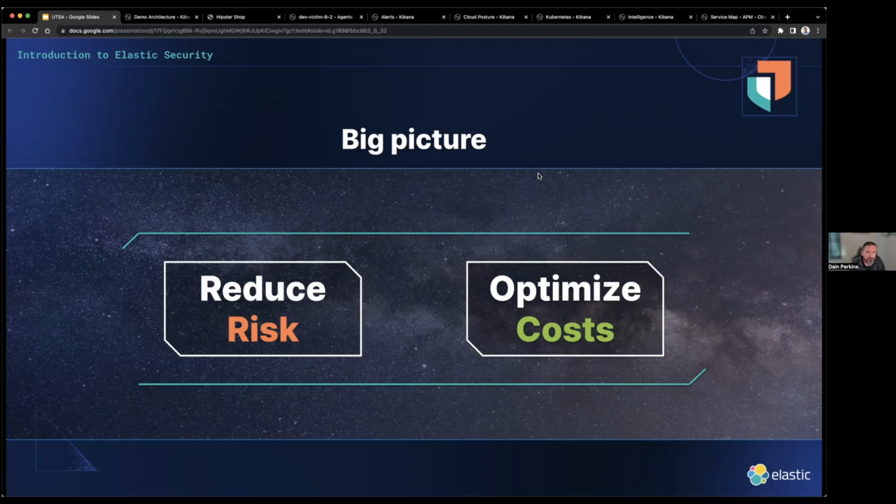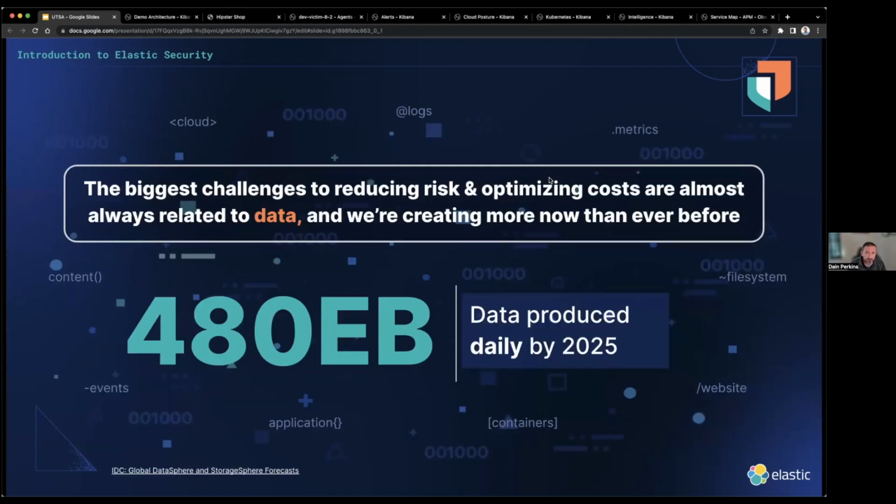So how do we go about doing that? What are we looking at? What are we trying to deal with? As I've worked with pretty much every SIM on the market in the past, the biggest challenges have always come down to data. There's too much of it.